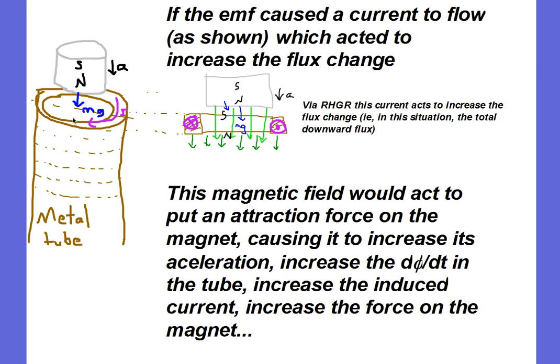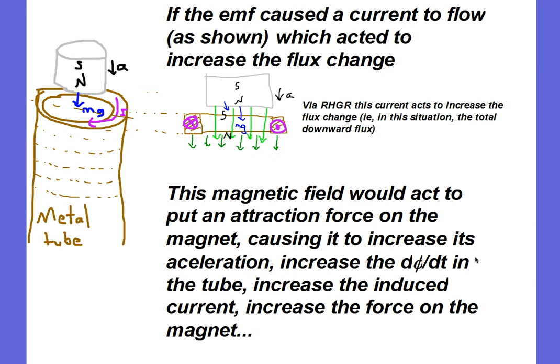Now, if you think about this magnetic field pointing down, it means that this current flow in this ring is actually making a north pole at the bottom of this ring and a south pole at the top. And that means the south pole, due to this electric current, will actually be attracting the north pole of the magnet down. And therefore the magnet now has a weight force down plus an attraction force due to the magnetic field of the current. It would cause an increase in its acceleration downwards.